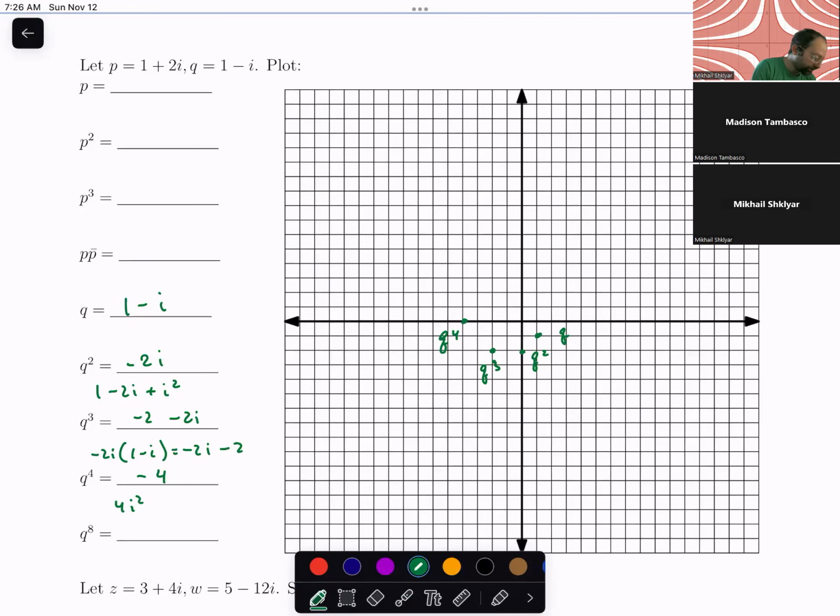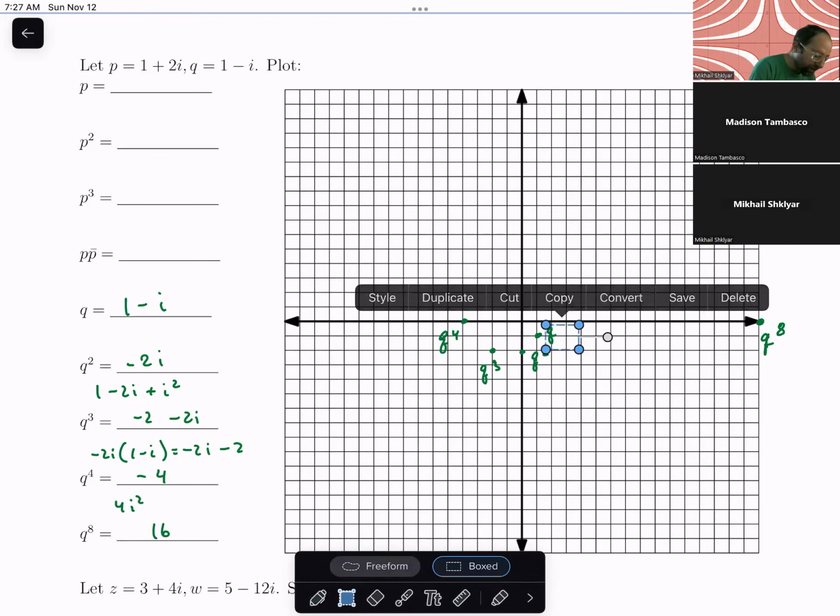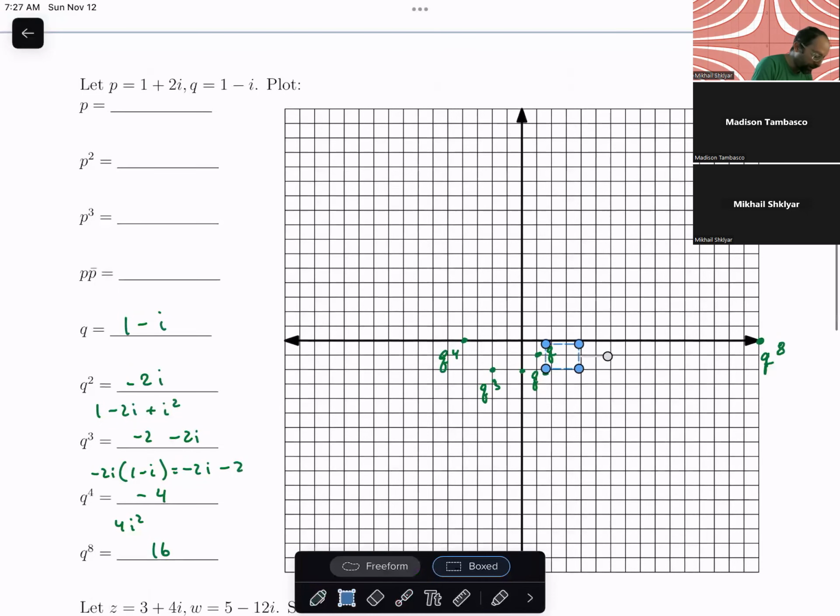Now, I can do q to the eighth. If I square -4, I'm going to get 16. So q to the eighth is right here, the very tip. But maybe we should put some intermediate numbers just for funsies. So maybe I'm going to cross out these guys,